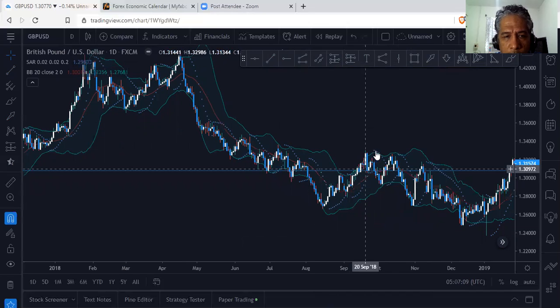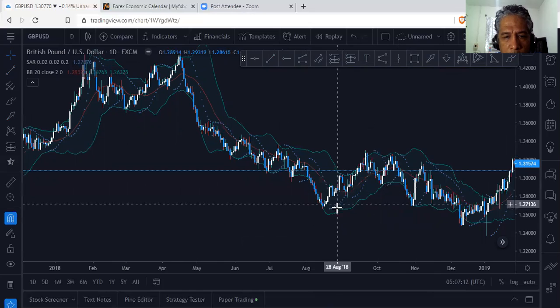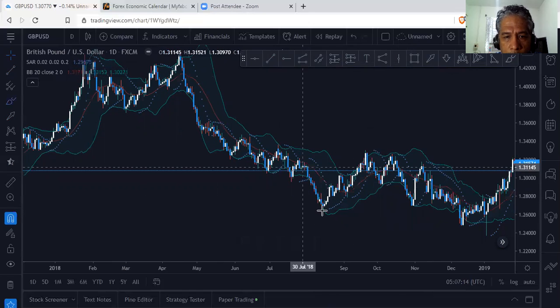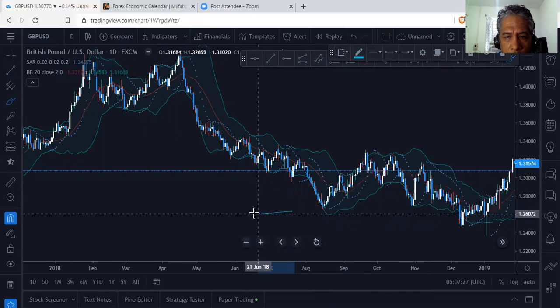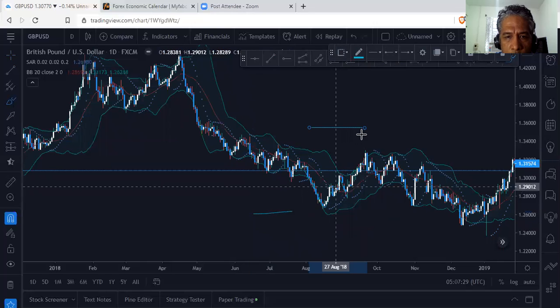So this is not a major reversal. As you can see, the market reverses. So this one, W. So you can attack this area,